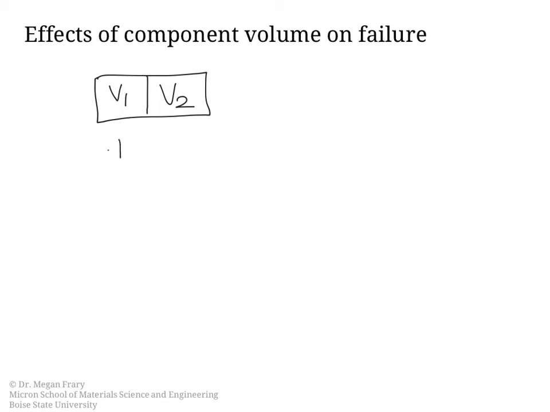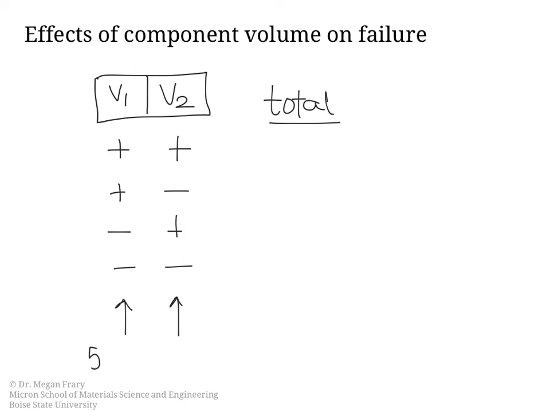So the first is that neither could fail, right? They could both hold up. The next is that volume 1 could hold up and volume 2 could fail. Volume 1 could fail, but volume 2 could hold up, or both of the volumes could fail. And what we want to know then is what is the total outcome? Right? So if either of the volumes fails, the component fails. So while each of them had essentially a 50% failure probability,